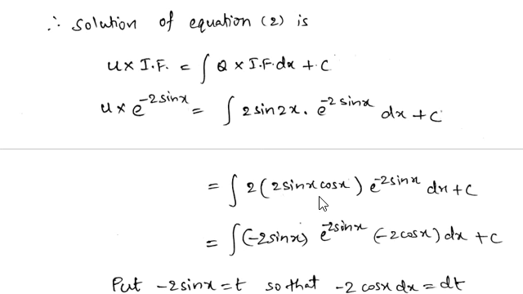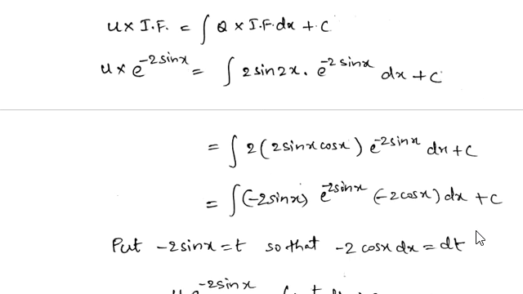We are writing this separately because we can once again get a standard formula here. So for that purpose we are writing like this. We are taking minus here 2 sin x and adding one more minus, so minus 2 sin x, and we are writing this term e to the power of minus 2 sin x, and we are taking this 2 for cos x and writing minus sign. So minus 2 cos x dx plus c.